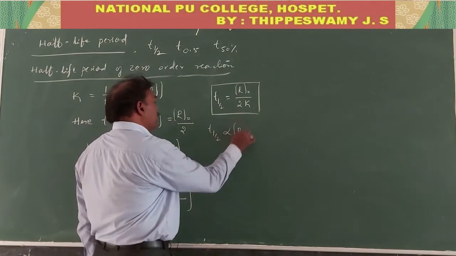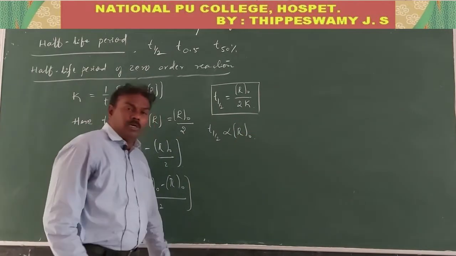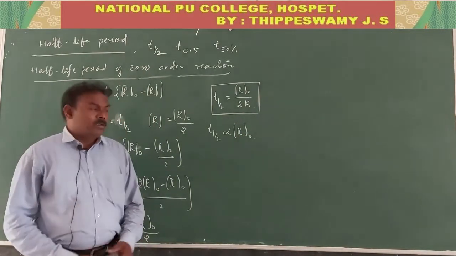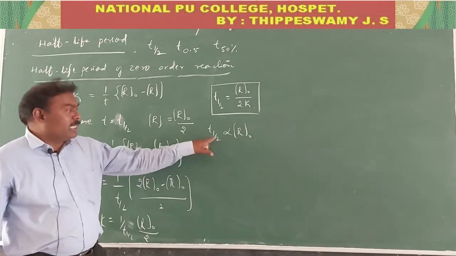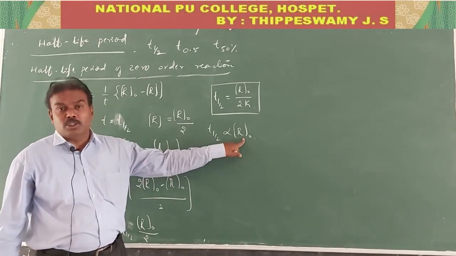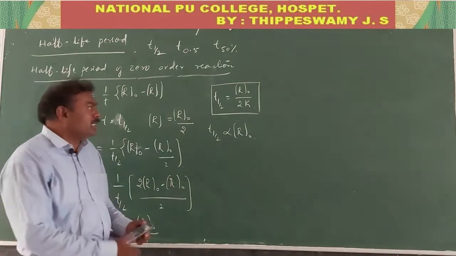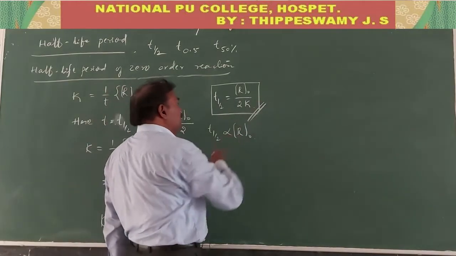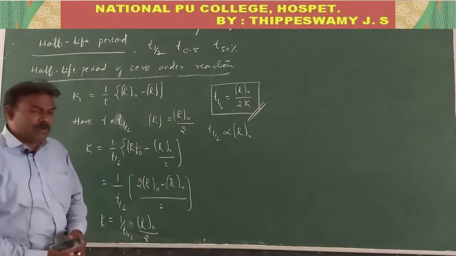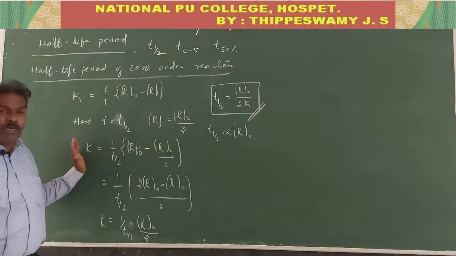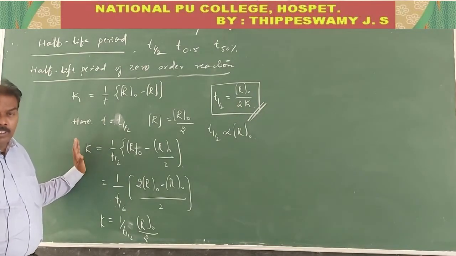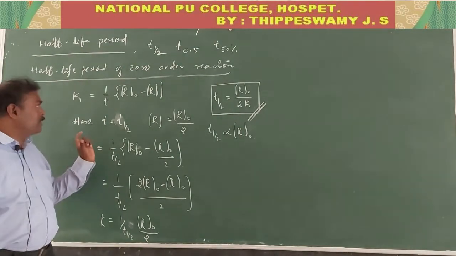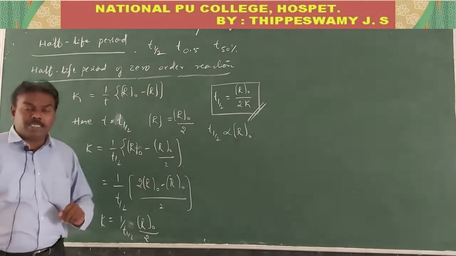Since 2k is constant, the half-life period of a zero order reaction is directly proportional to what? That is R naught only. It means the half-life period of a zero order reaction is directly proportional to the initial concentration of the reactant. This is very important to remember. This question is usually asked for 2 marks. So just to derive the expression for the half-life period of a zero order reaction,